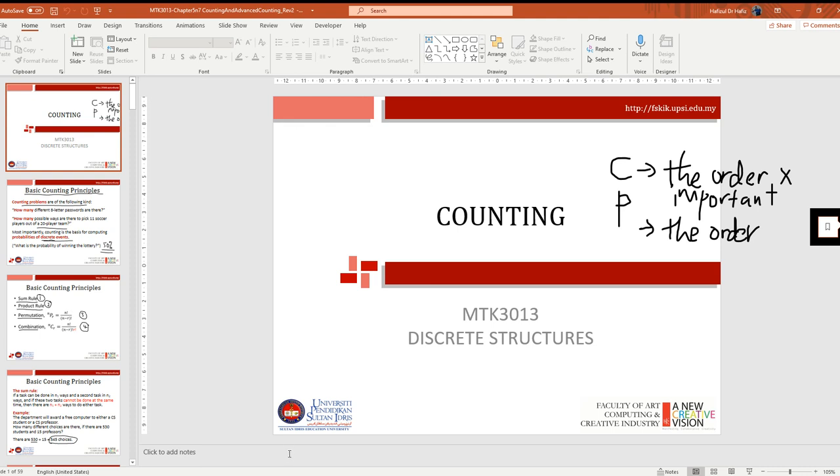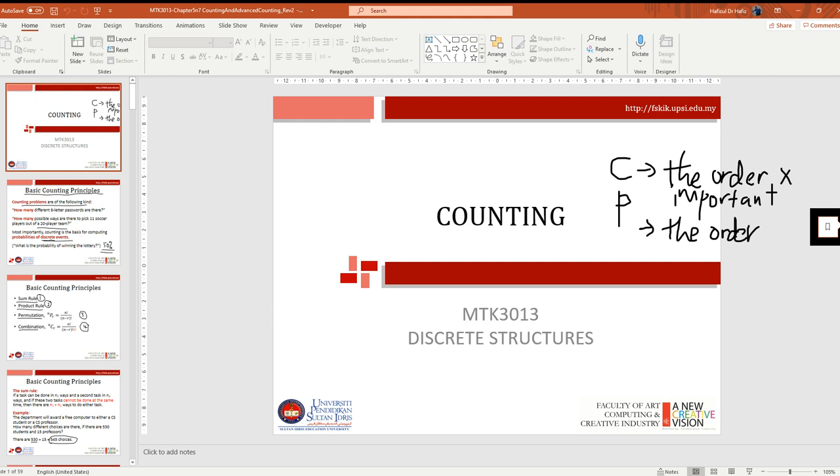Okay, Bismillahirrahmanirrahim. Today we continue with counting. For counting, basically this one is topic 12. Topic 12, counting. Okay, for counting, basically in the counting theory, we have